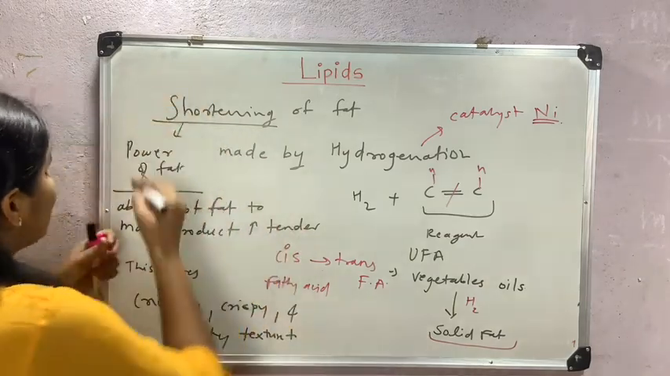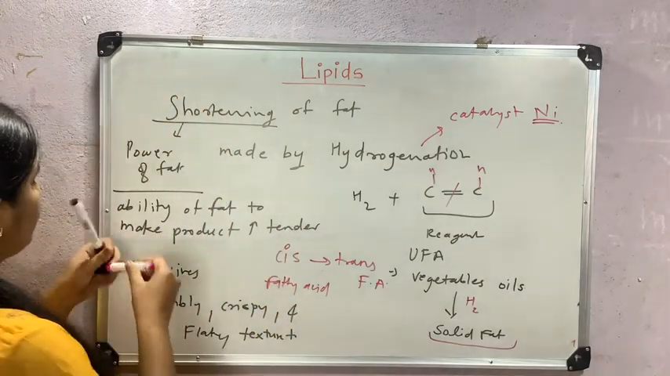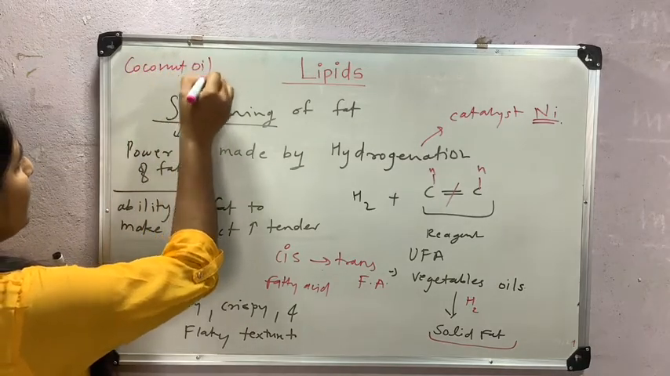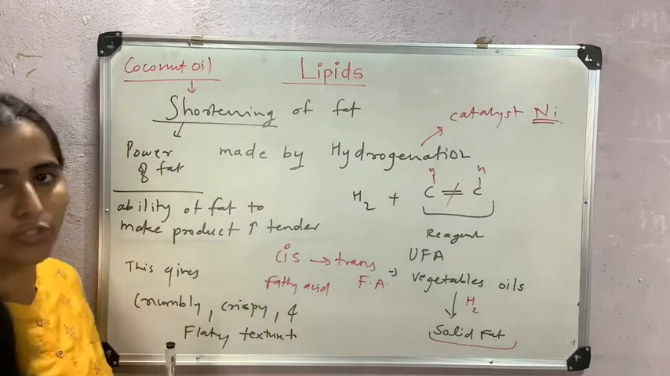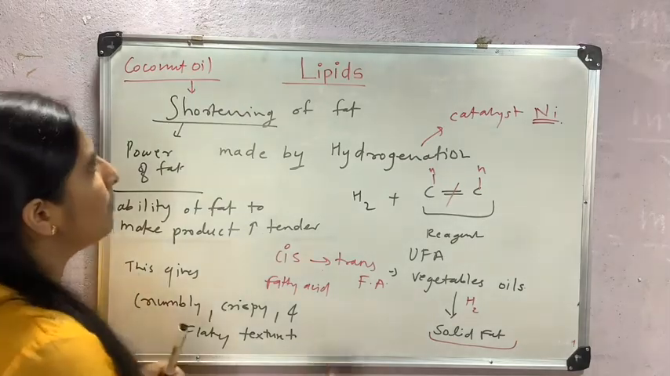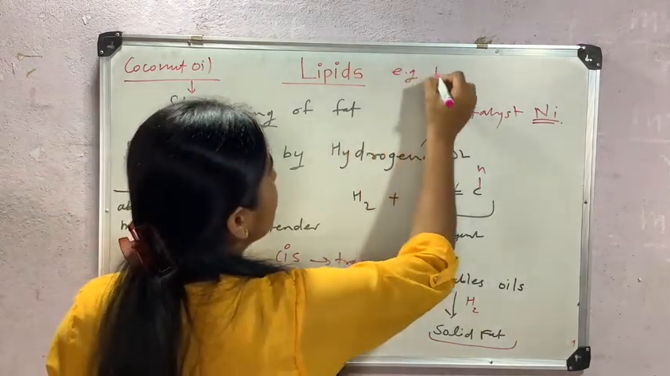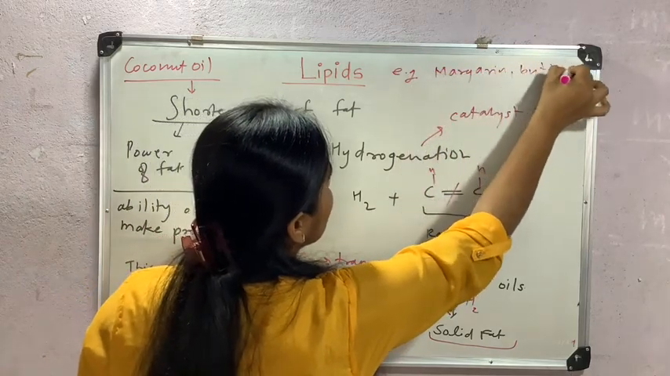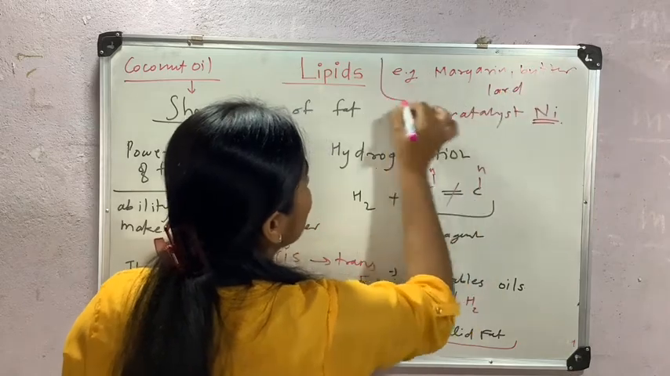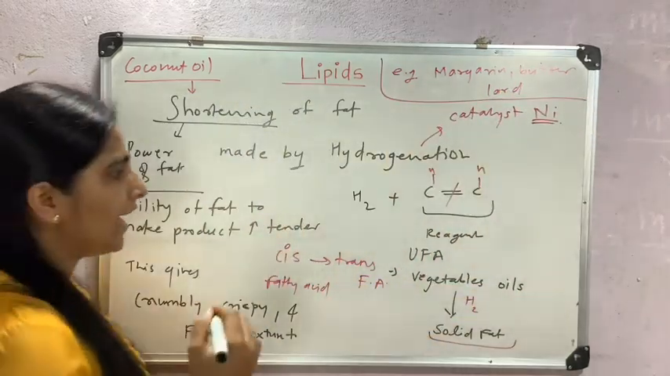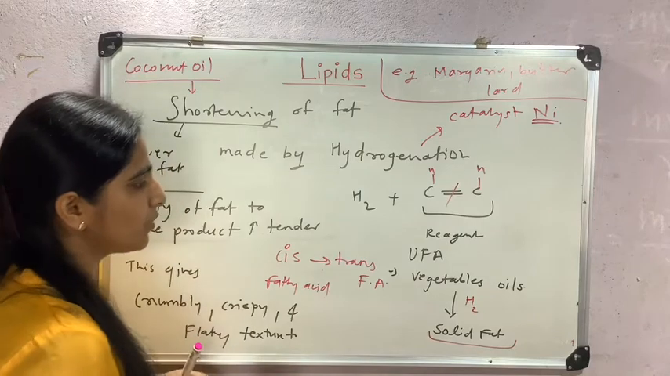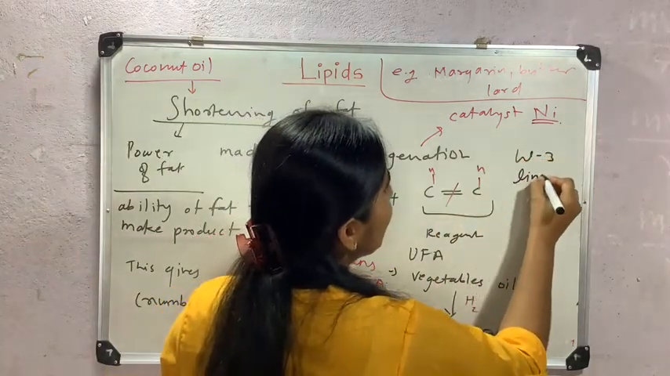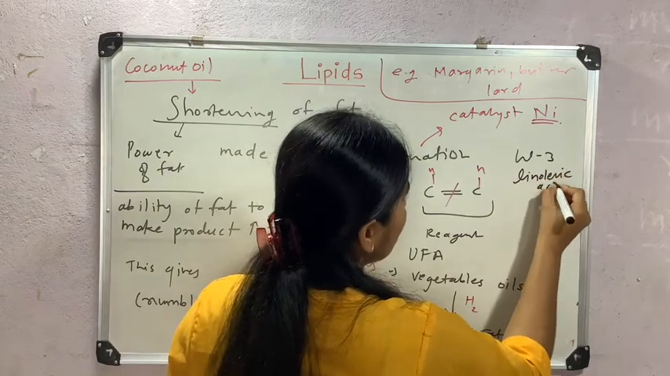Coconut oil is the best substitute. Coconut oil is used as a substitute for shortening, and examples of shortening are margarine, butter, lard. Remember these examples. And by this hydrogenation process we can convert omega-3 fatty acid, that is linolenic acid, to